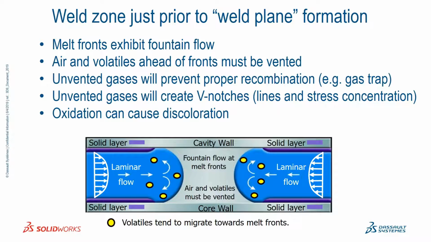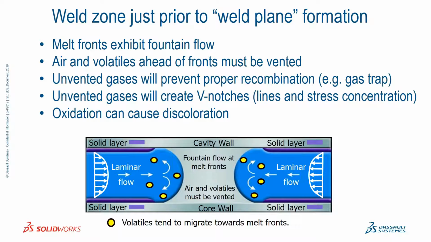The flow inside the injection mold is generally considered non-isothermal, unsteady state, laminar fluid flow. It's obviously a very complicated situation because the melt is significantly hotter than the mold. But we're developing a frozen layer, and we have laminar flow through most of the cavity, with the exception of the melt front itself. And this is the area that's of most interest to us when it comes to knit